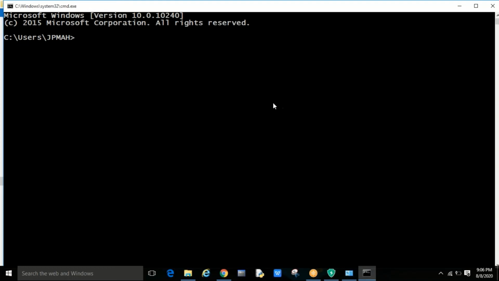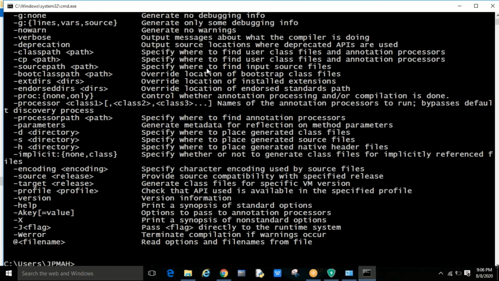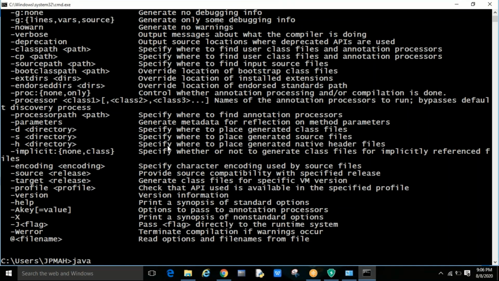Tiwari and Anusha, can you please check now javac? Enter. Getting these files. Okay, now if you want to check the version, then javac space